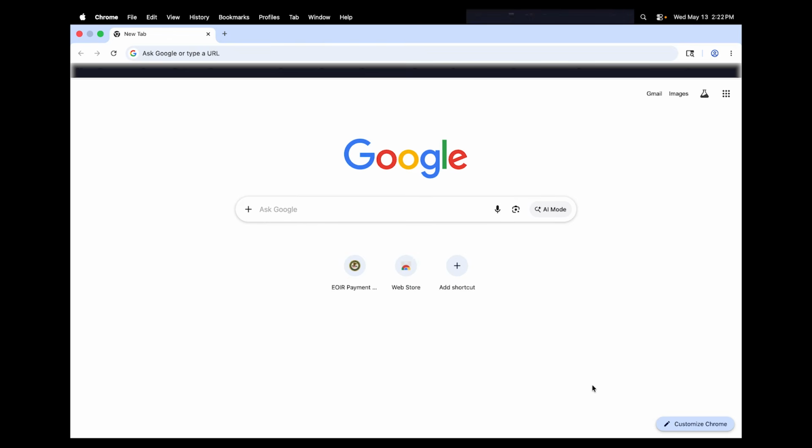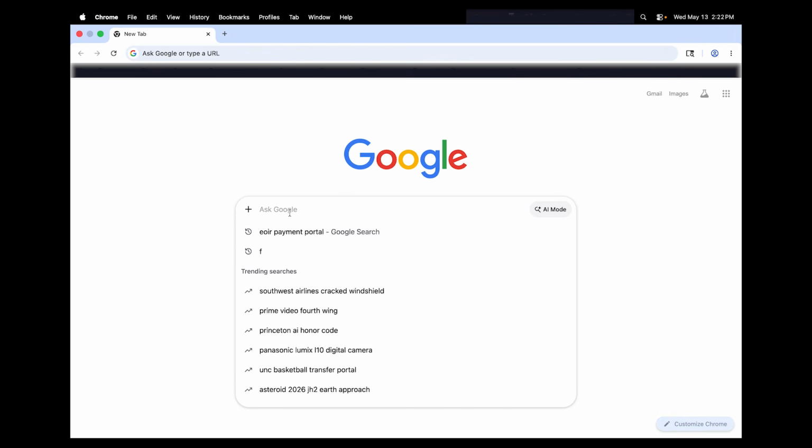Now, stay tuned as I go through the website and show you how to pay that amount. In this part of the video, we're going to talk about how to make the annual asylum fee payment on the EOIR immigration court portal. Once you open your browser, you can reach the website to do the payments through one of three methods. The first method is to simply do a Google search for